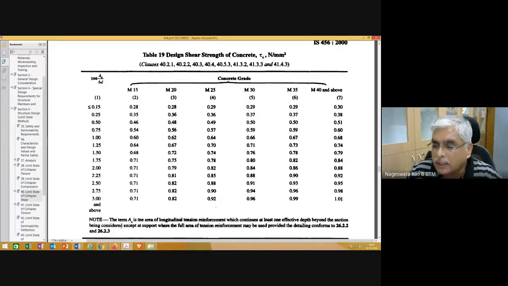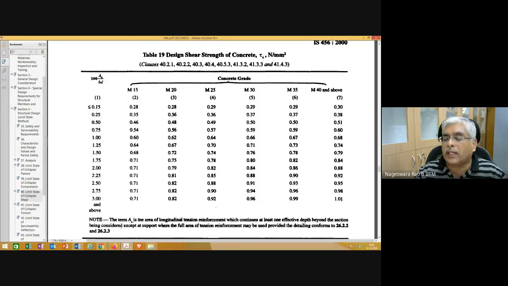Please note that shear stress is going to be different at different sections along the length of the beam. And also I mentioned to you, whatever tensile reinforcement you provide is going to depend on the bending moment. Bending moment along the length of the beam is going to vary. So you can also cut tail, or have different amounts of steel at different sections. Steel need not be uniform along the length of the beam.